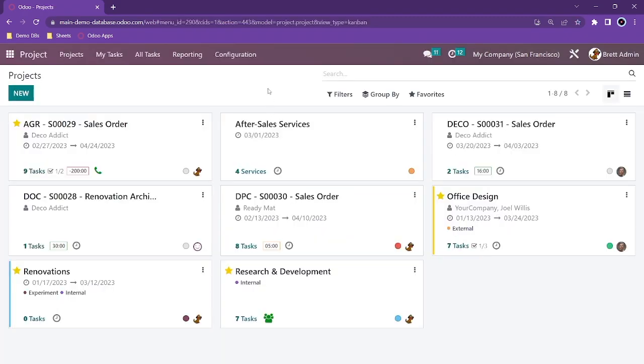As you can see in the Odoo project app, you can have many different projects. Some projects might represent a one-time initiative, like renovations. Others might basically represent a whole department or a whole team, like research and development. For our customer, we're using this project called After Sales Services as sort of an overall bucket of similar services